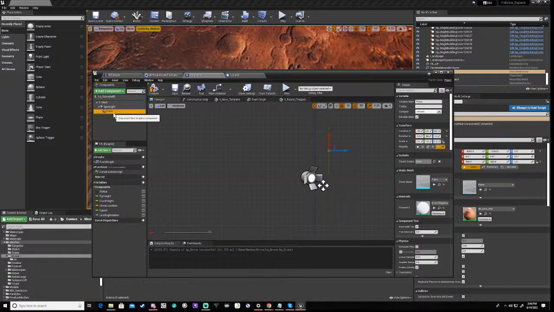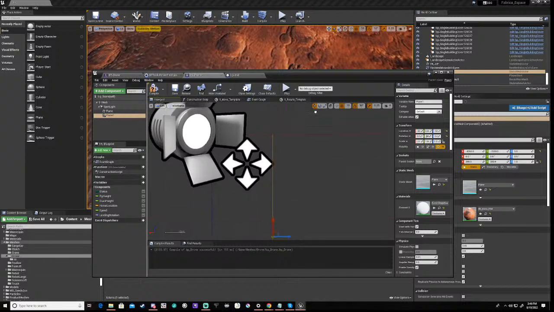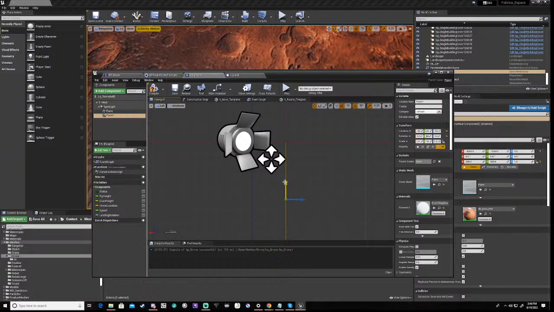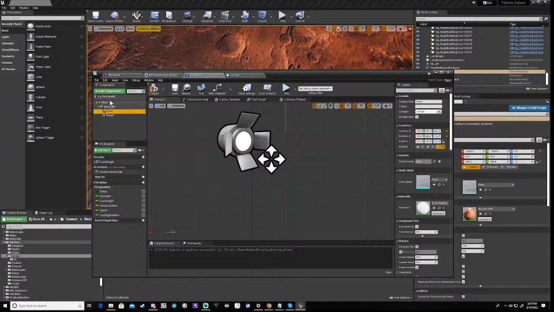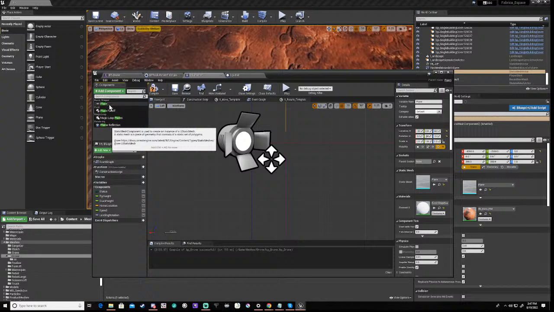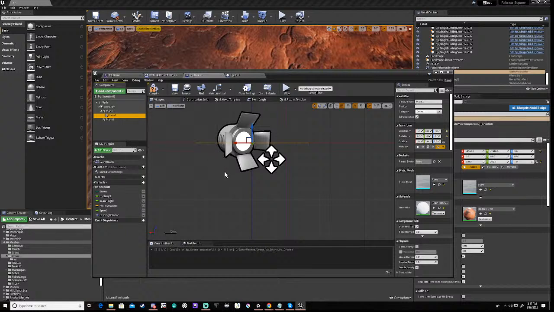Now, if we duplicate that, and then we move it down, I'll try and zoom in as much as I can here for you guys. Right. And now what we want is another plane. And then this plane